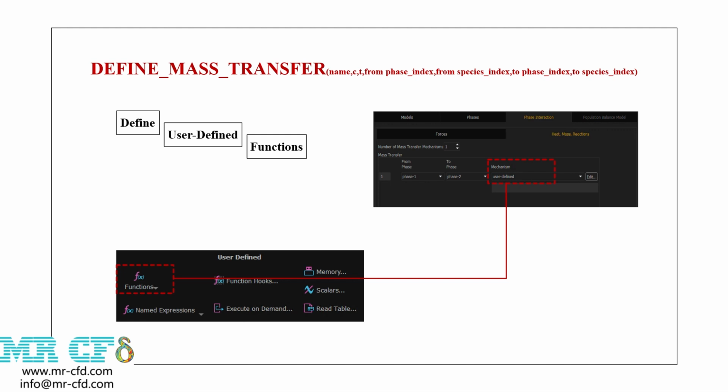To define mass transfer between two phases, you need to define a multiphase flow. So go to the multiphase model settings to define the desired multiphase model. After determining the type of multiphase model, for example